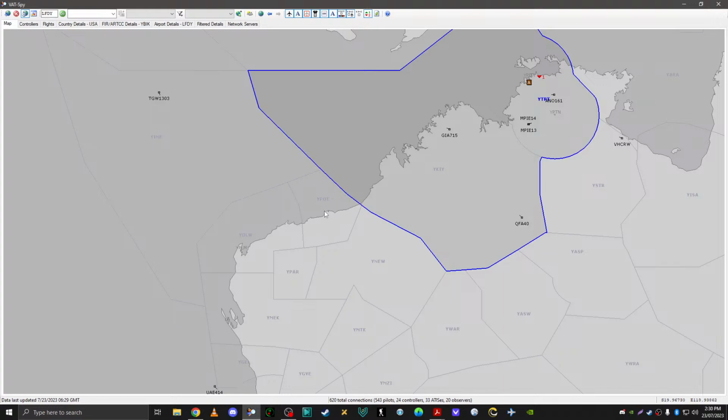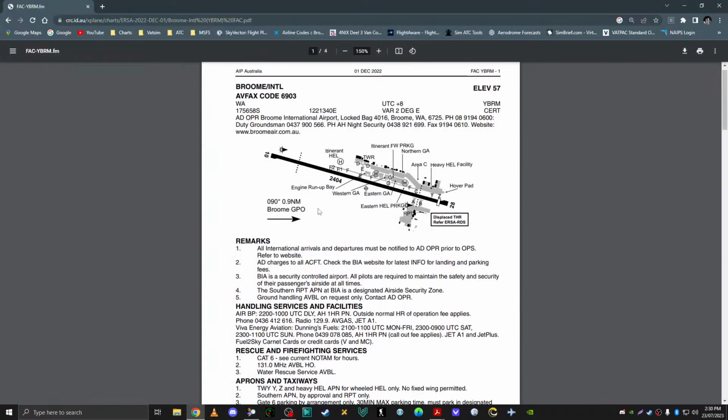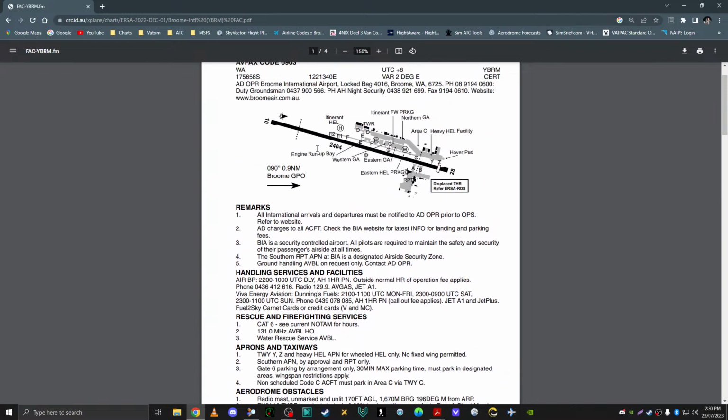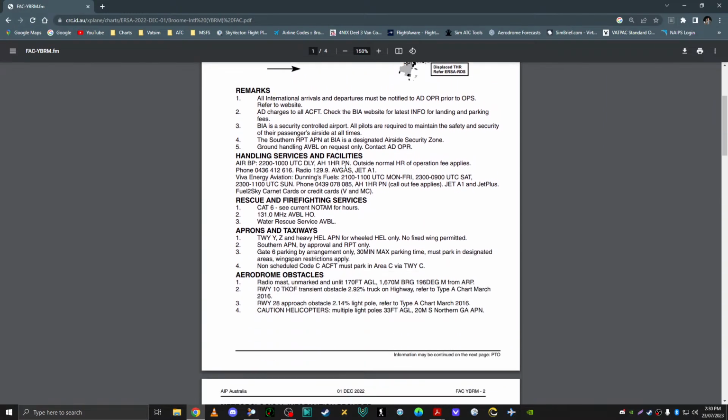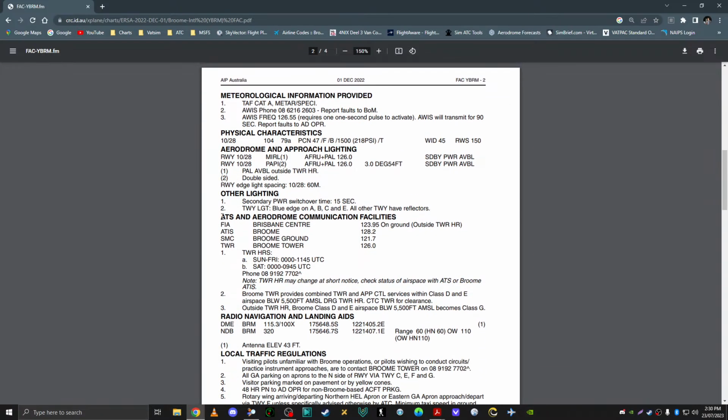If you see Broome Tower online, then you know you're provided with the service. But if you don't see Broome Tower online, obviously there's no service available. If you want to know what sort of service is provided in real life by that particular airport, you scroll down here and you look at this part here, ATC and aerodrome facilities. And you can see here you've got FAI Brisbane Centre, and it says here,